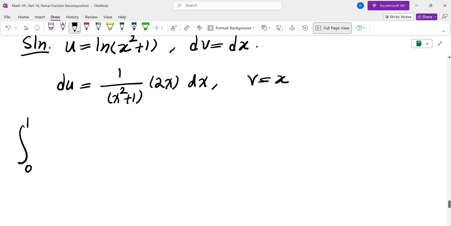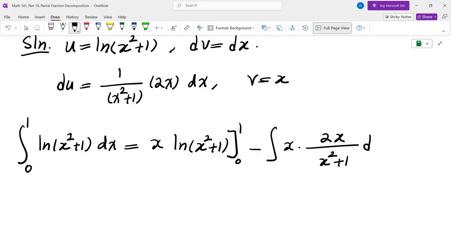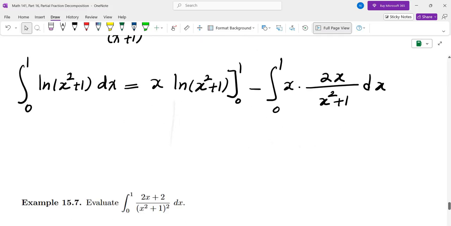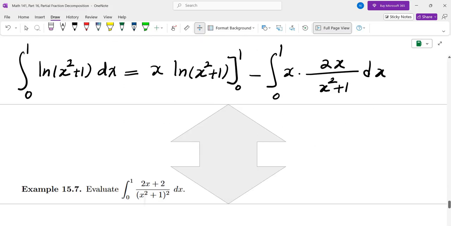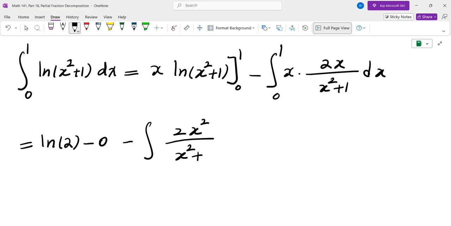So we get the integral from 0 to 1 of natural log of x squared plus 1 dx is equal to uv, which is x natural log of x squared plus 1 from 0 to 1 minus integral of v du, which is x times 2x over x squared plus 1 dx from 0 to 1. Let's plug in the values. We get 1 times natural log of 2 minus 0 minus integral of 2x squared over x squared plus 1